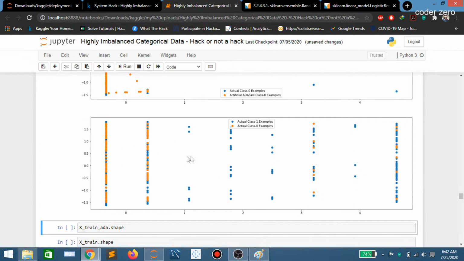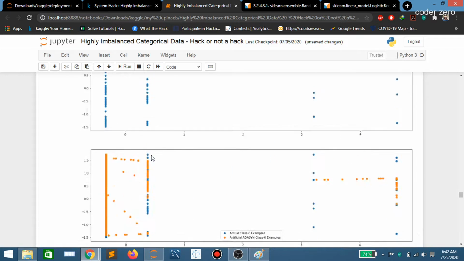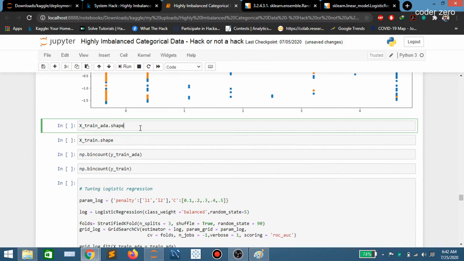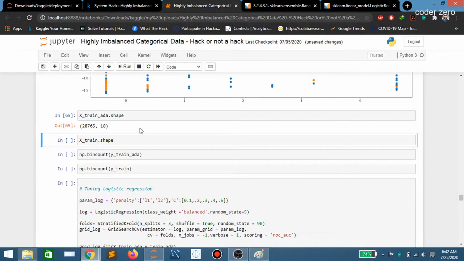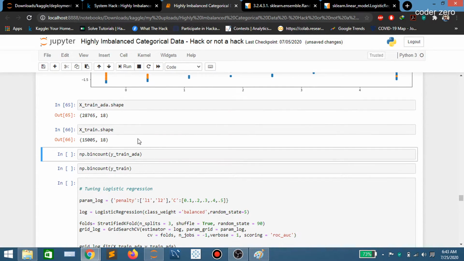This is the distribution between the classes, class 1 is the blue, and orange is class 0. Now let's check the shape. We have a train data set with 28,756 data points. Then in train data originally we had only 15,000 data points.